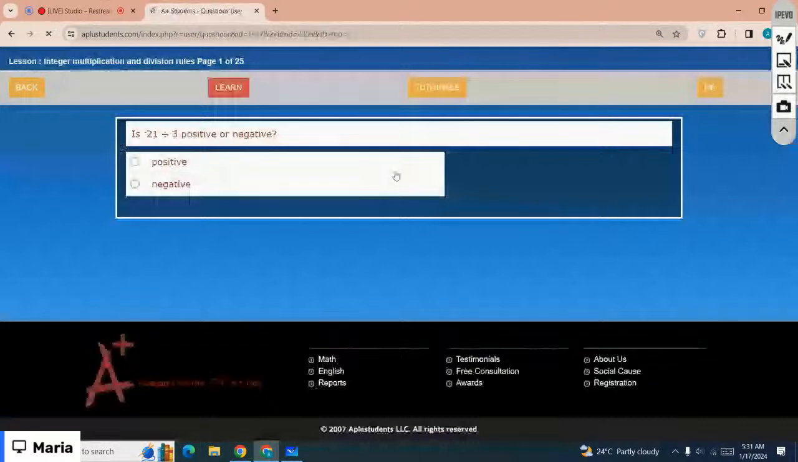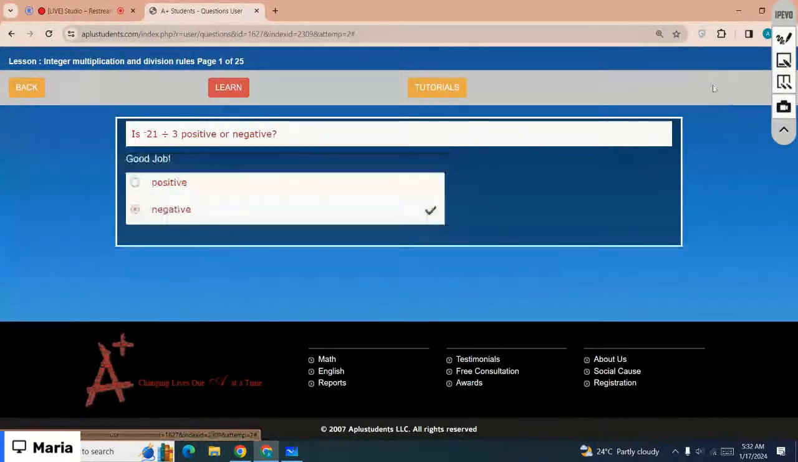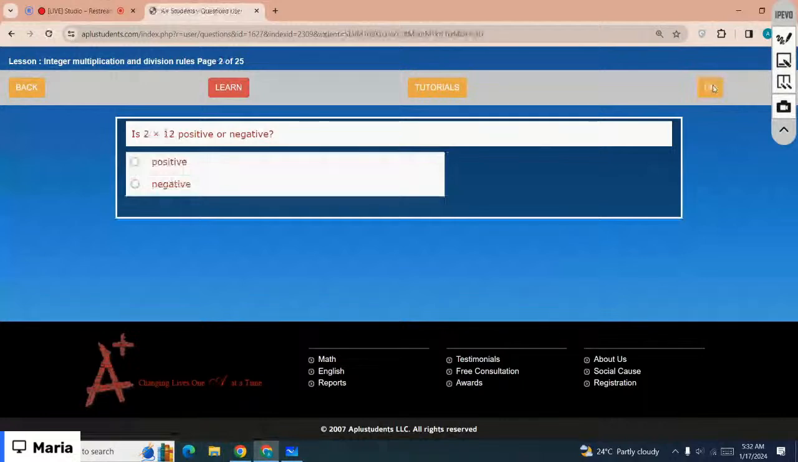Okay, yes, negative it is, right? Because one of the numbers is negative, so the answer must be negative. So for both division and multiplication, if one of them is negative, the answer is negative, right? Otherwise, if both are positive, or both are negative,